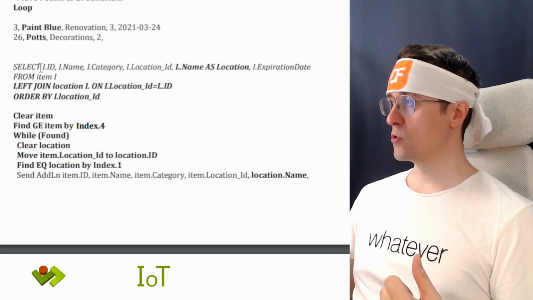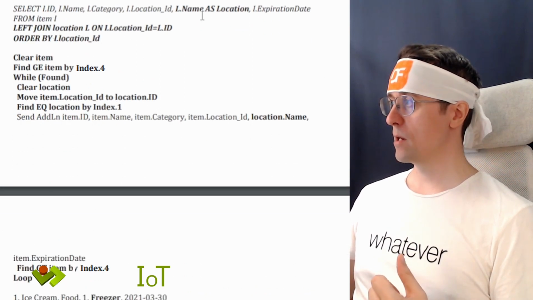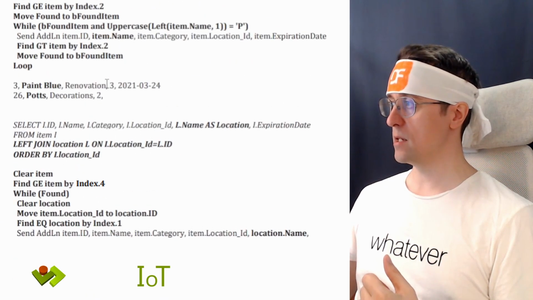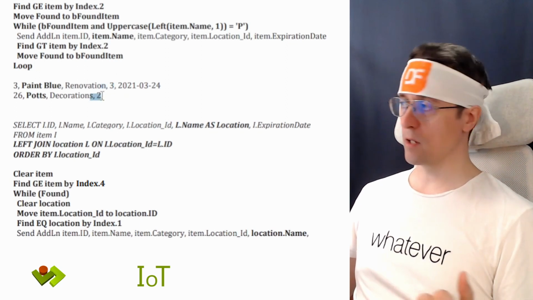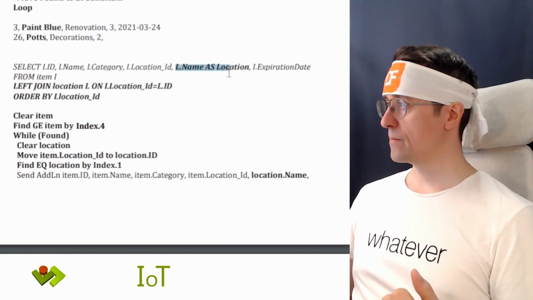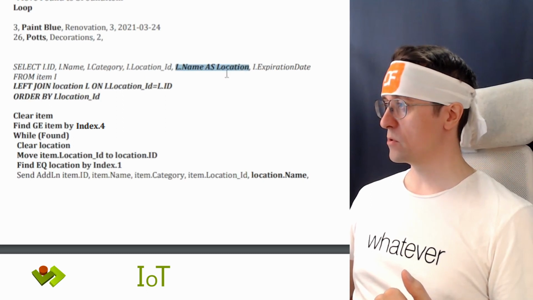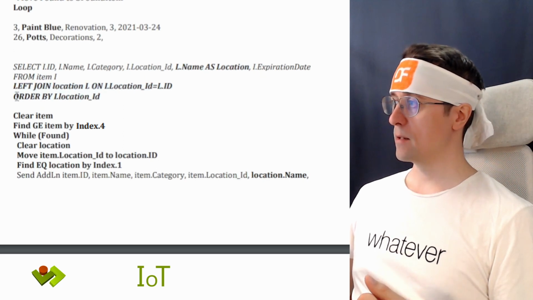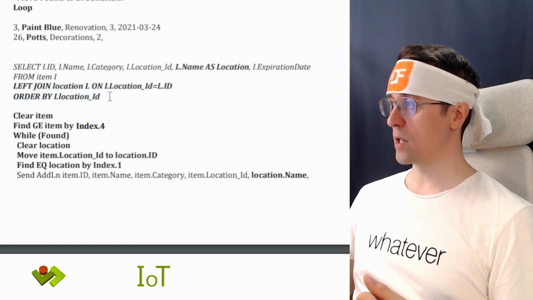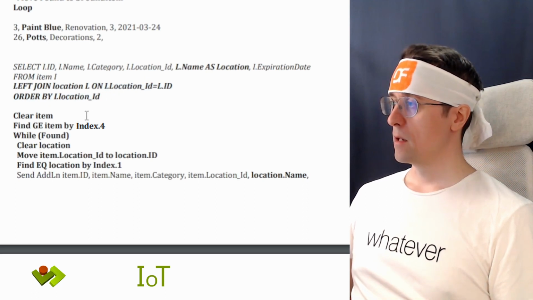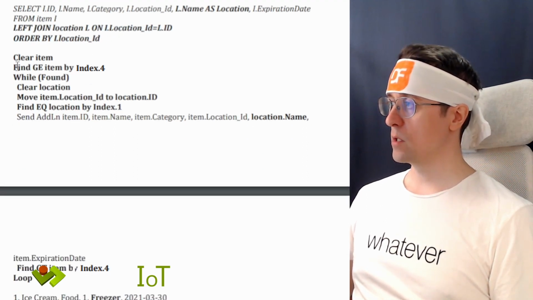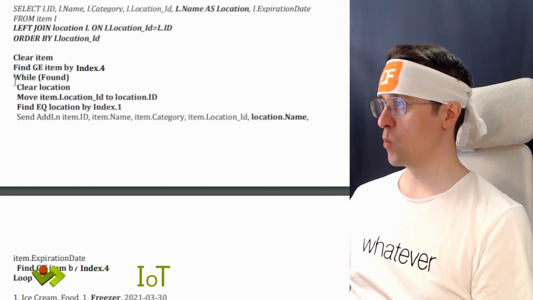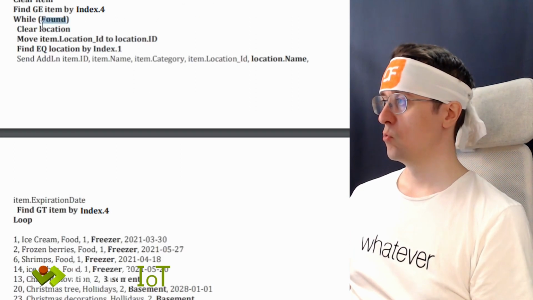But now I would like to do a join. I would like to include the name of the location because we only have a location ID here. And that's a little bit boring. And how do we go about doing that? Well, in SQL, you just do a join, and then we can order by the location ID if we want. In DataFlex, we go in and do a clear, get item by index 4, and while found, we go in here